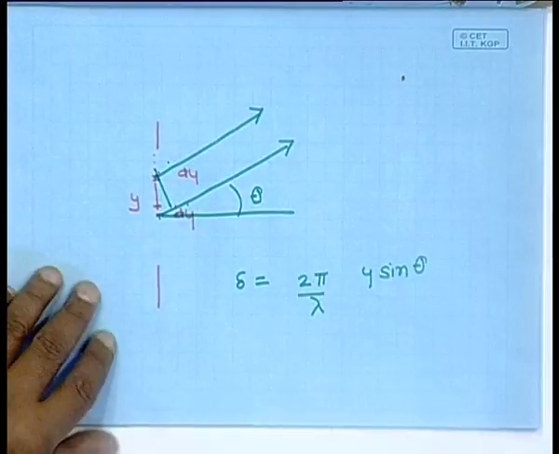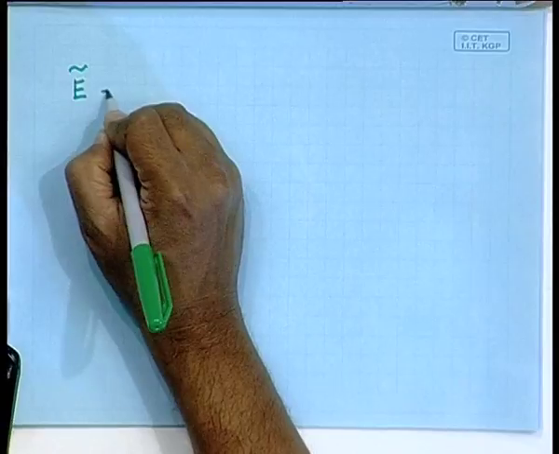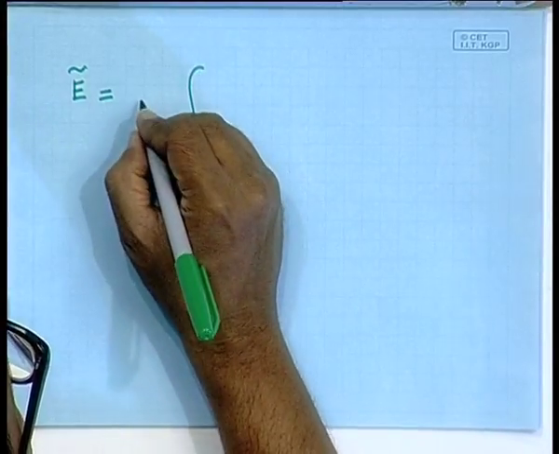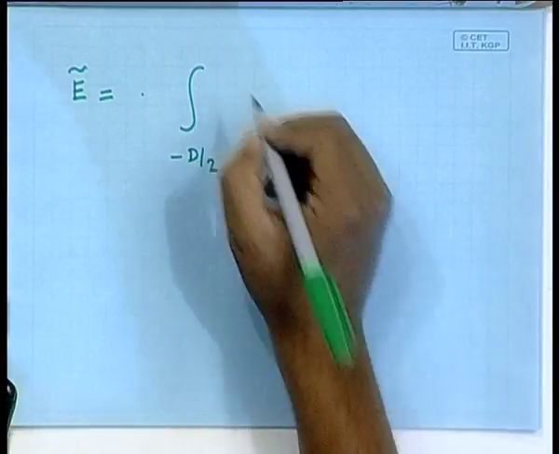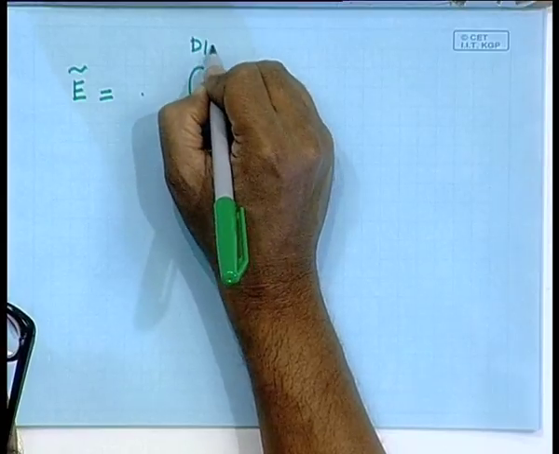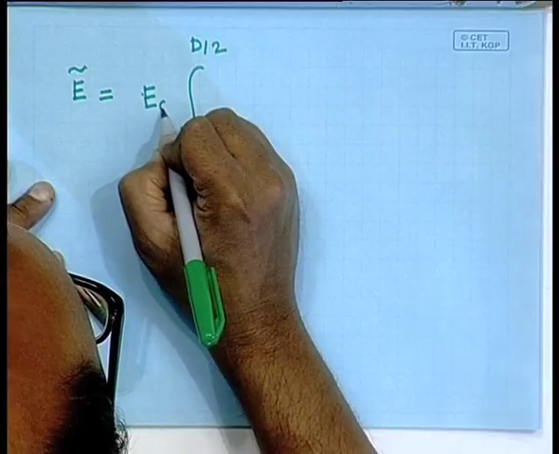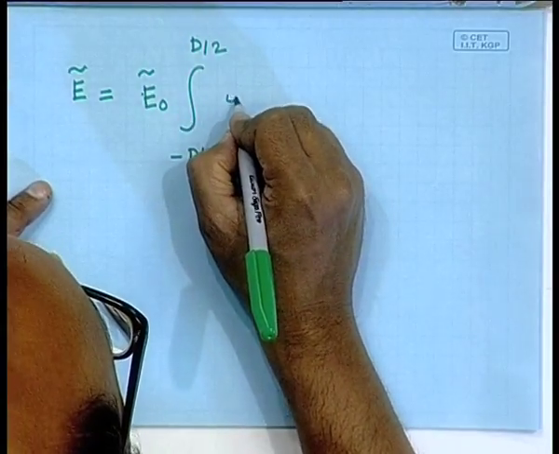So, the resultant electric field, the resultant wave at any angle theta is the superposition of all of those contributions, which is an integral from minus d by 2 to d by 2 of E naught, that is the overall amplitude, e to the power i delta,